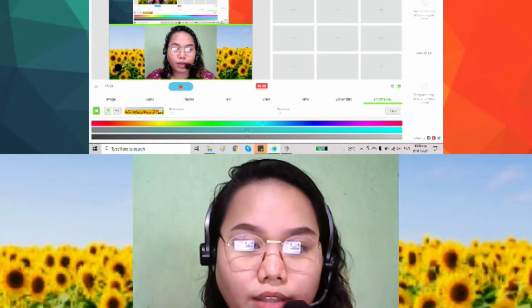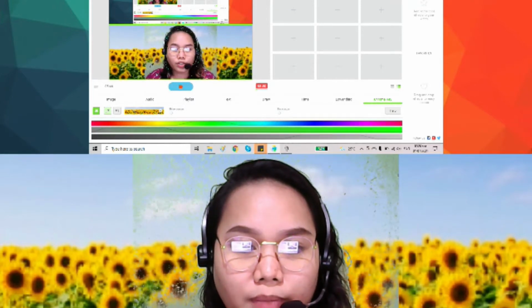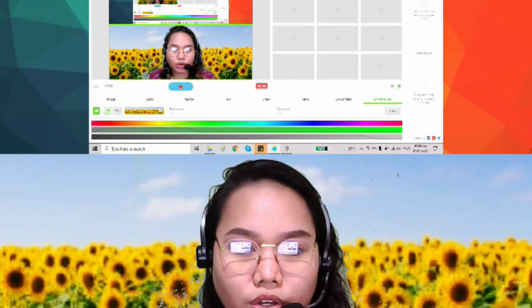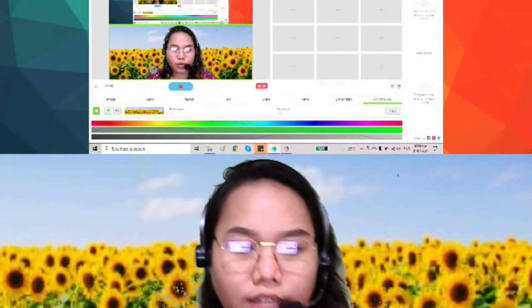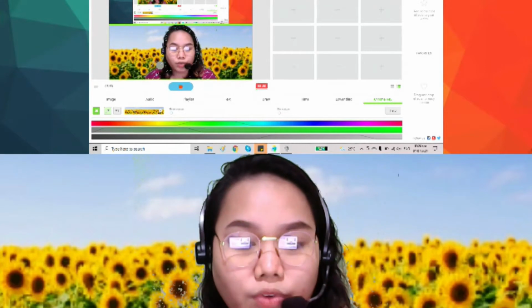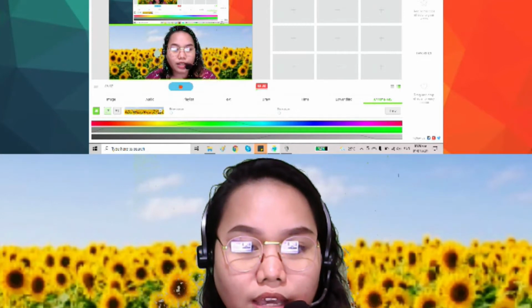So click that one and go to your original background and click some more. Hanapin mo yung kasing kulay kasi there's an indication of the color that you're going to remove. So be careful not to remove your own color, any part of your body